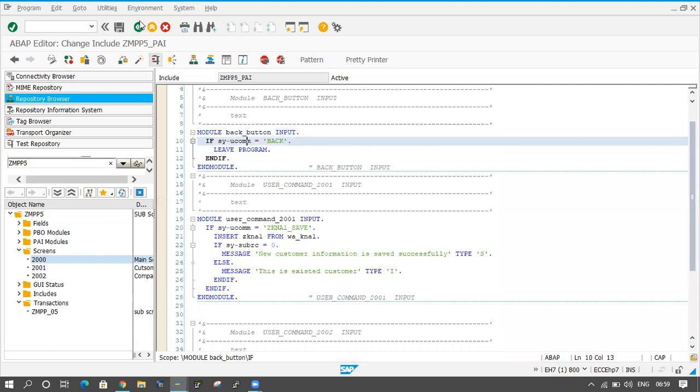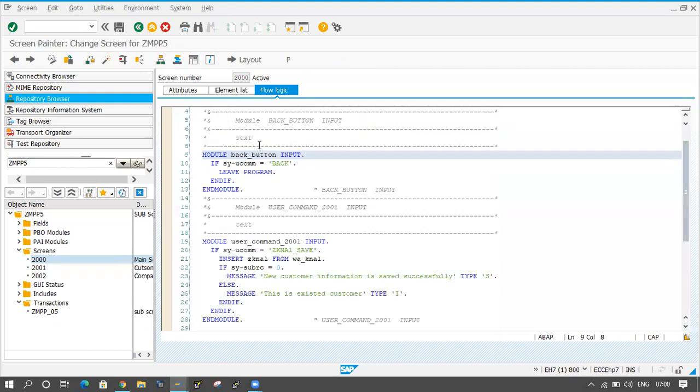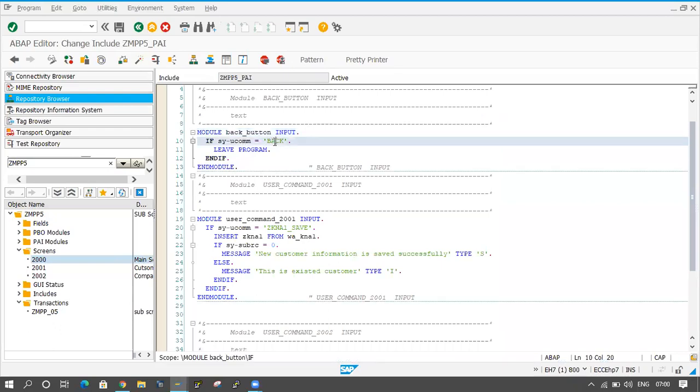Already I have taken the back button here. This is also back button and this is also back button, but one comes in the PAI and one in the PBO. Fine, no issue. And here I am taking only back. Previously I took a push button back, and for that I have written the code here.